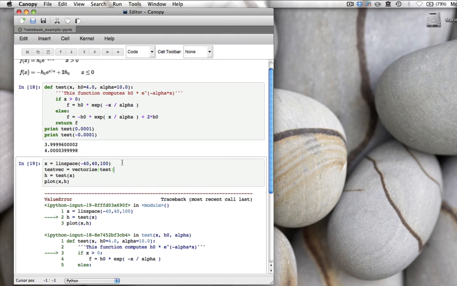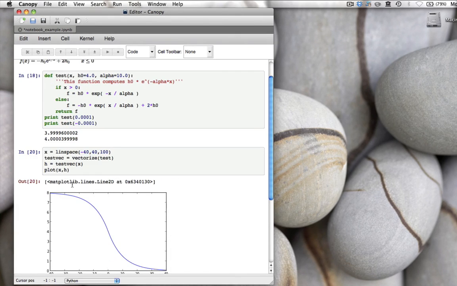It's called test. Now test_vec is a new function. And that new function calls test, and if you provide input arguments and it's an array, it will call it as many times as the array is long. So now we can actually call test_vec with this array of 100 x values stored in h,